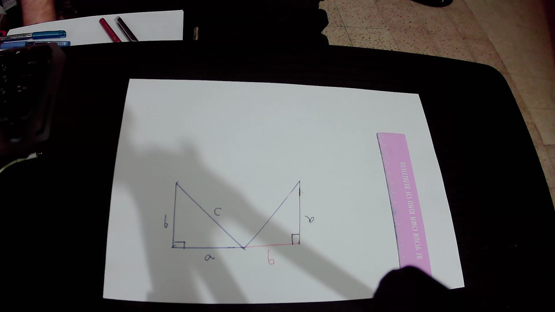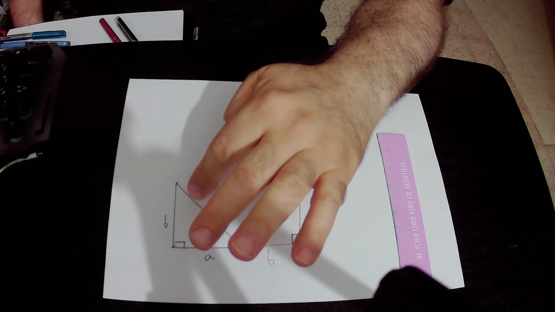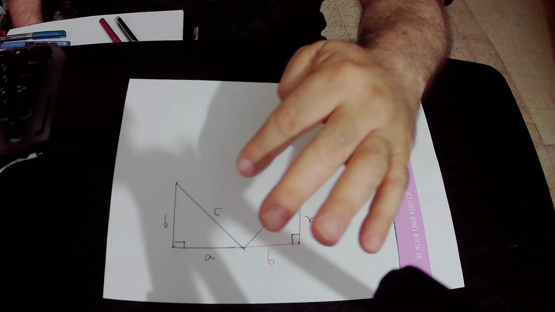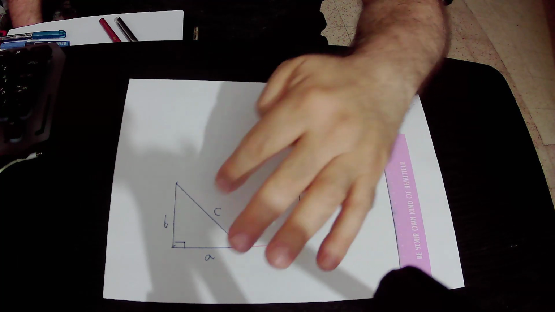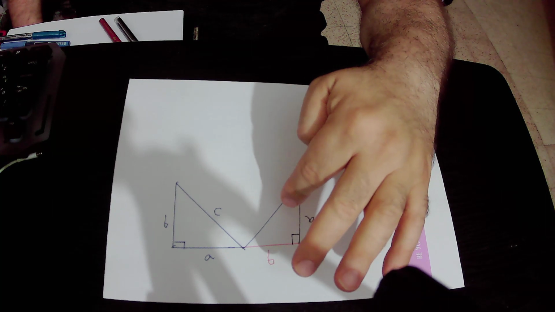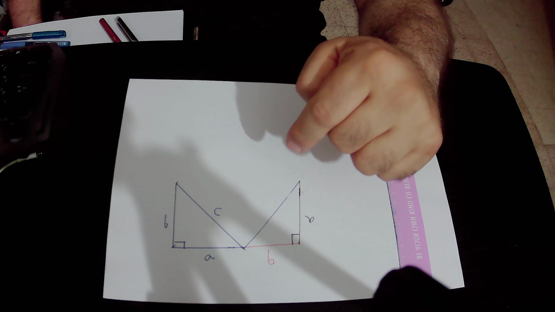Therefore, the left triangle coincides with the right triangle, and therefore